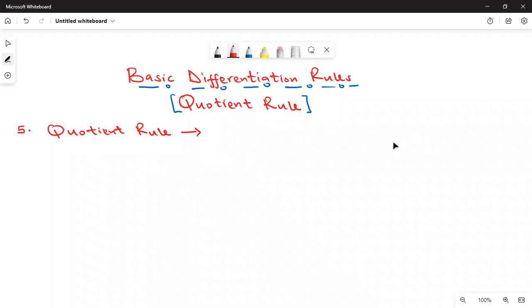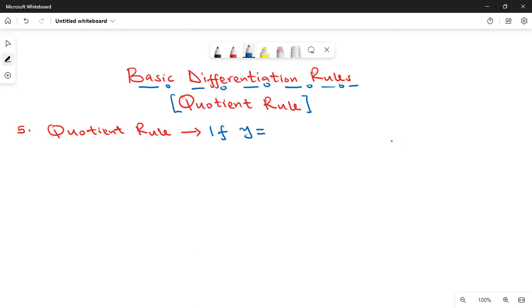Today we are going to look at Calculus 1 and our main topic is on the basic differentiation rules. In particular, we are going to look at the quotient rule. So what does it state? This is the statement of the quotient rule that if